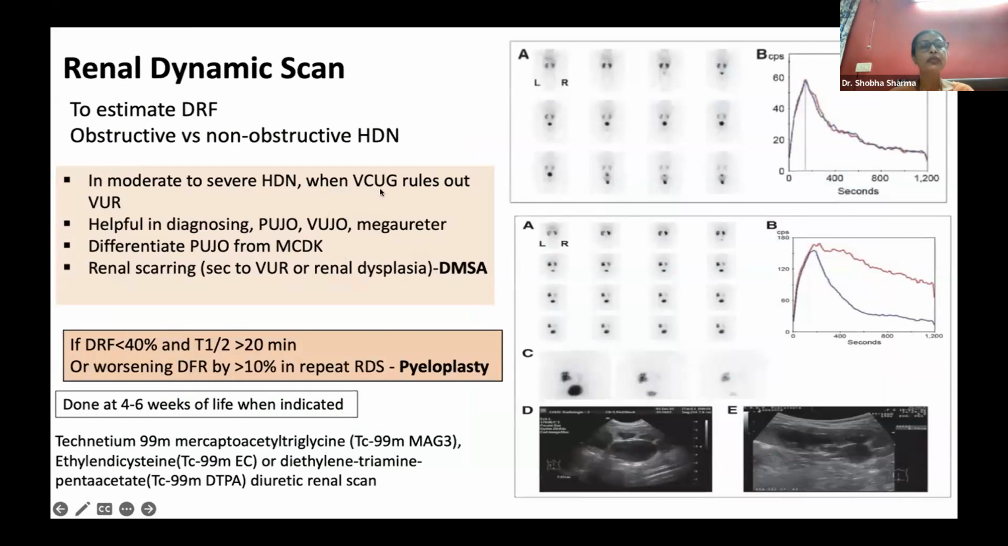Coming to a slide about renal dynamic scan. I was discussing in multiple slides previously that we have to do renal dynamic scan in all those cases where we have done VCUG and there is no VUR. So what is the importance of doing the renal dynamic scan? Here we just want to estimate the differential renal function, and it can also differentiate between obstructive and non-obstructive hydronephrosis. So here, if I want to emphasize the right upper side of the panel, you can see